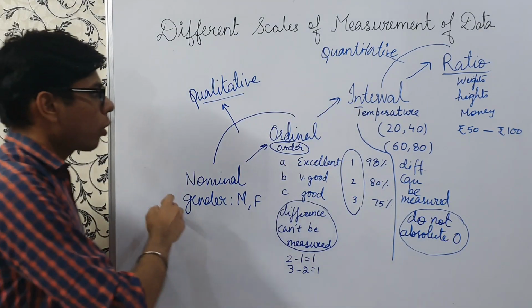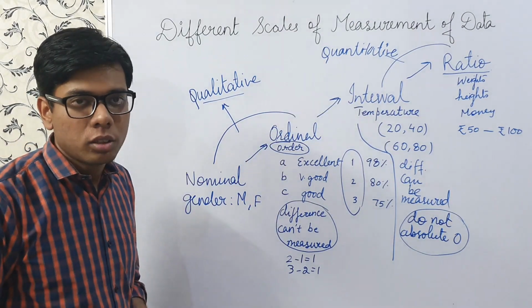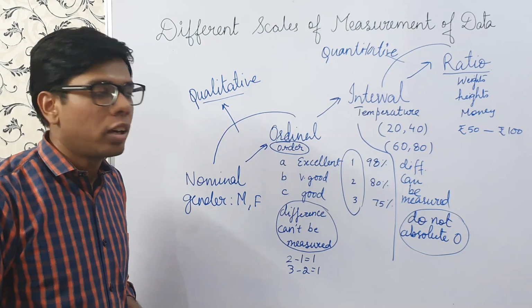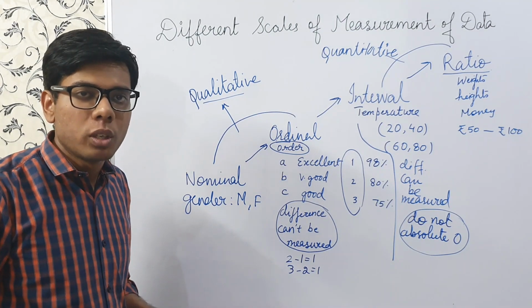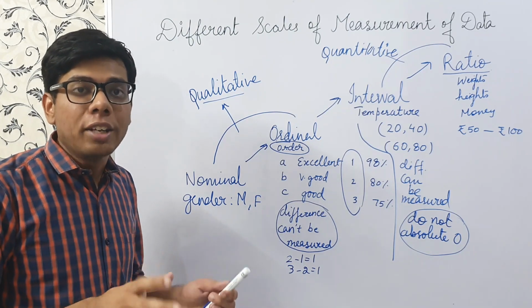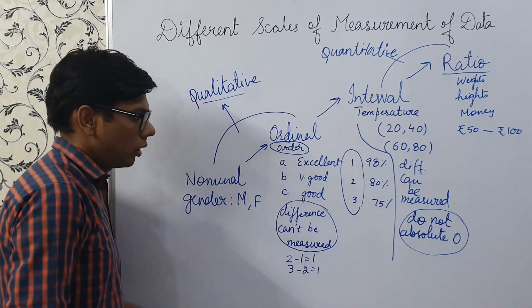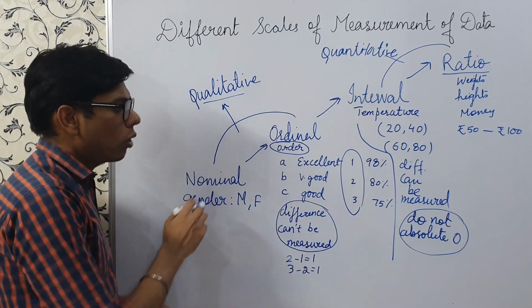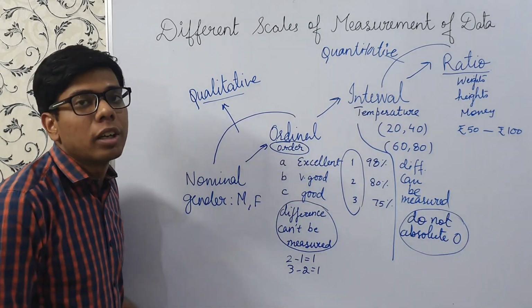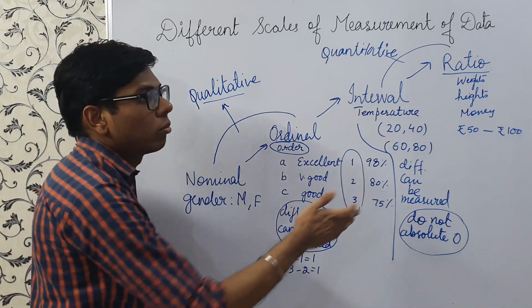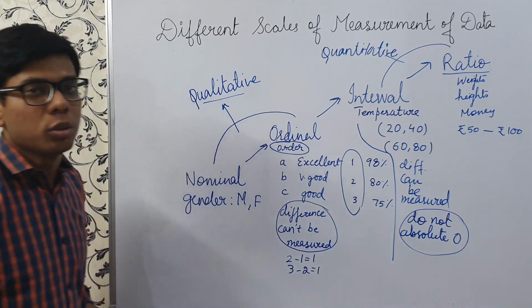So in these broadly 4 categories, nominal, ordinal, interval, ratio, we can measure each different kind of data. As in the initial part of the video, we studied the height of students. That falls into the ratio category. The male female gender will fall into nominal category. The ranking that we give to students will fall into ordinal category. And the temperature inside the classroom, outside the classroom, will fall into the interval category.